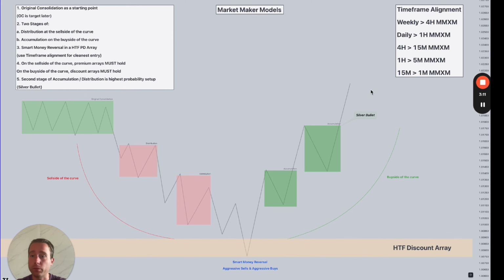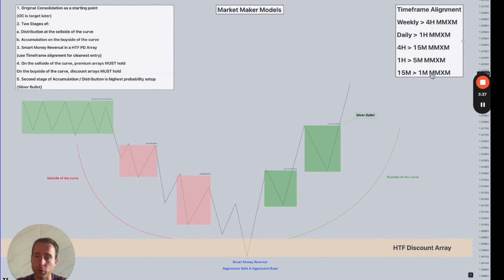If you're struggling with bias, or with finding high probability setups, look at a higher time frame market maker model. For example, a weekly discount array and a 4-hour market maker model, you should be good. And if you know you are in a 4-hour market maker buy model, you can go to the 15-minute to look for your entry models. So now let's look at an example of NASDAQ where this happened in a 15-minute discount array and a 1-minute